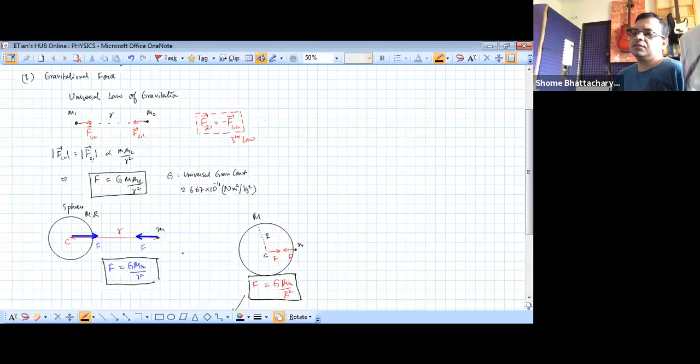So this just gives you a bit more idea about the concept of weight of an object. The weight of an object is actually an interactive force between the Earth's mass and that particular object. And the action-reaction pair for that gravitational interaction is this. Just as the earth pulls down an object,